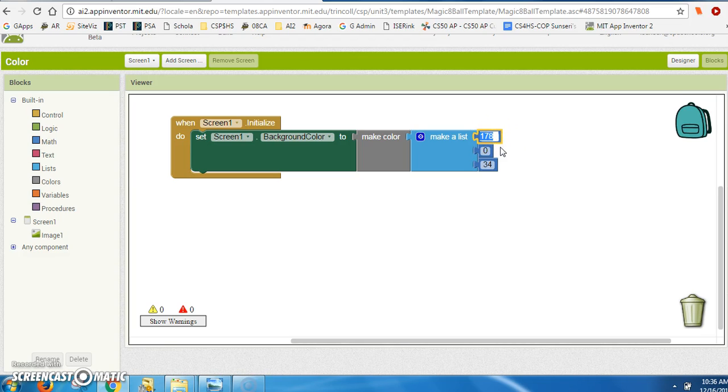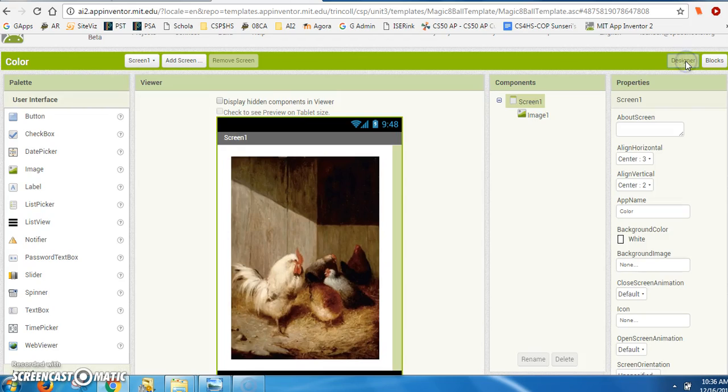The second number was 34. I don't know if you noticed that. So I'm going to go 34 here, and that will go ahead and make my background when the app starts,